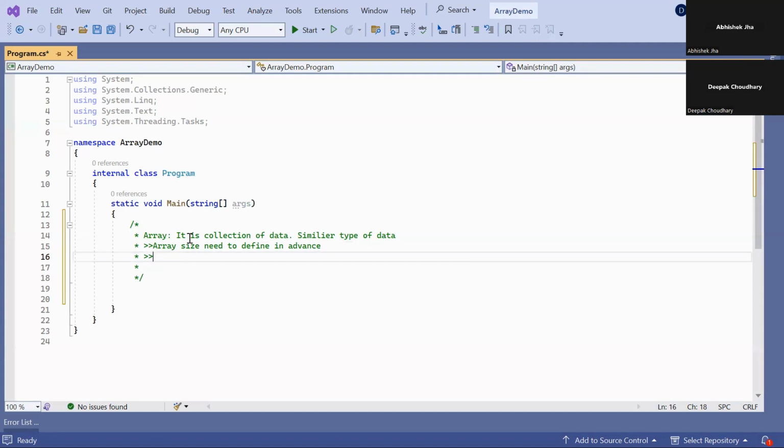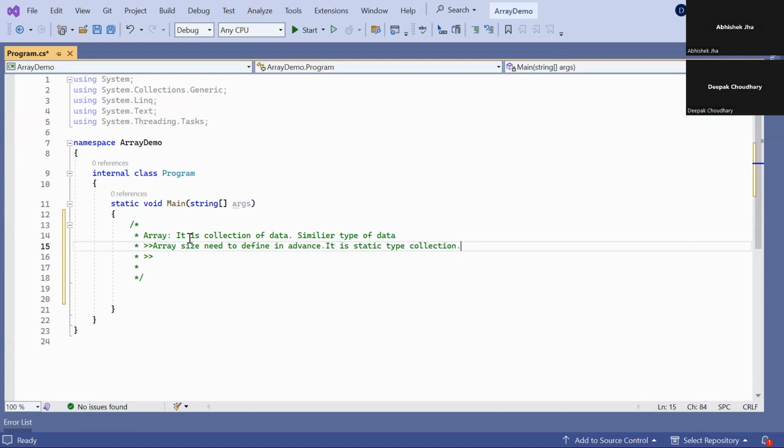That's why it is also stated to be a static type collection. For static type collections, the size of the array can't change at runtime. That's why we say static type collections.